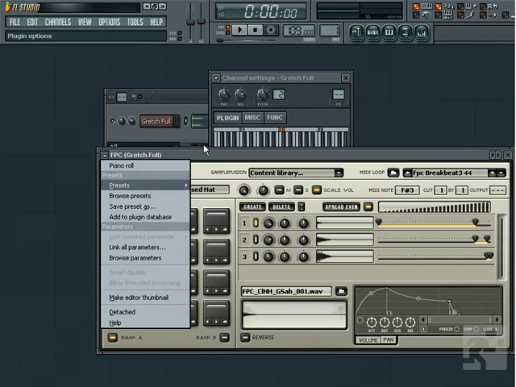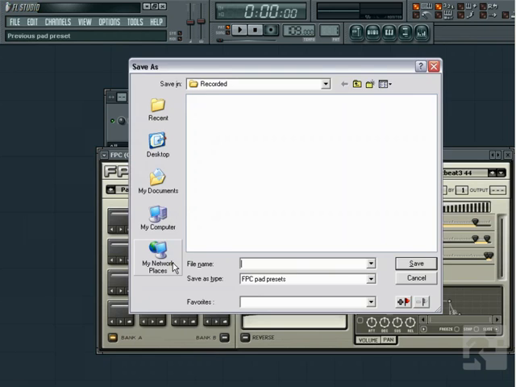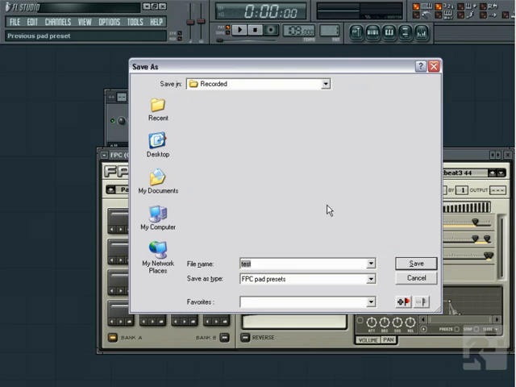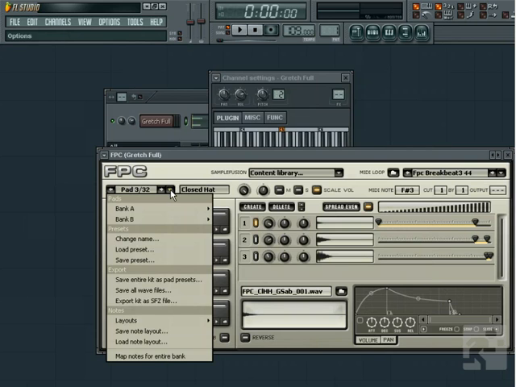The other way to save data from the FPC is to save the pad presets. What this does is actually save the data for each pad, but not in a kit format. This means that if you've created a killer snare out of many different layers, you can save the pad preset and recall it later. So in summary, if you've built an entire kit and want to save the whole thing,